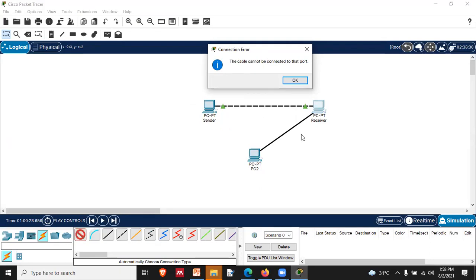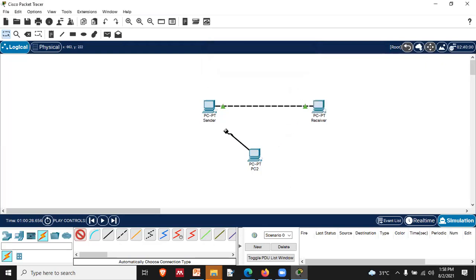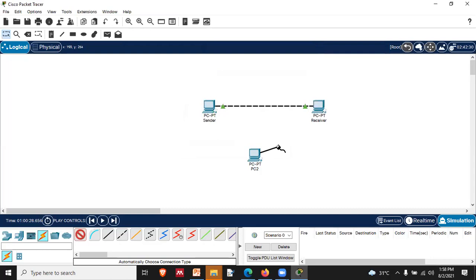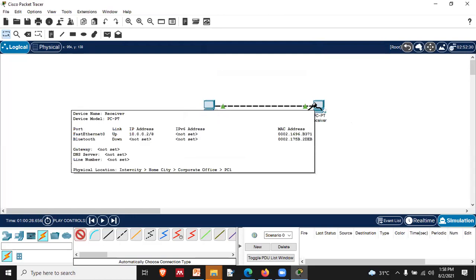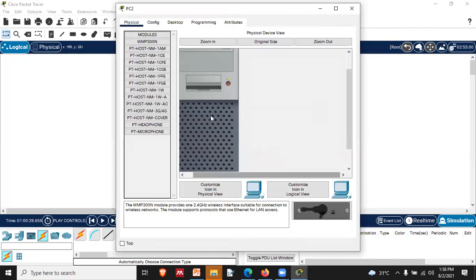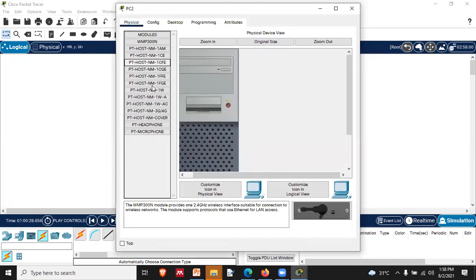I want to connect a third PC, and you can see there is no port available. Port means Ethernet port. Ethernet port means the RJ45 connector, which is basically used to connect to the internet or different networks, that is nothing but LAN, local area network. There is a card over there in the PC. I can show you if it is there. Might be over here.